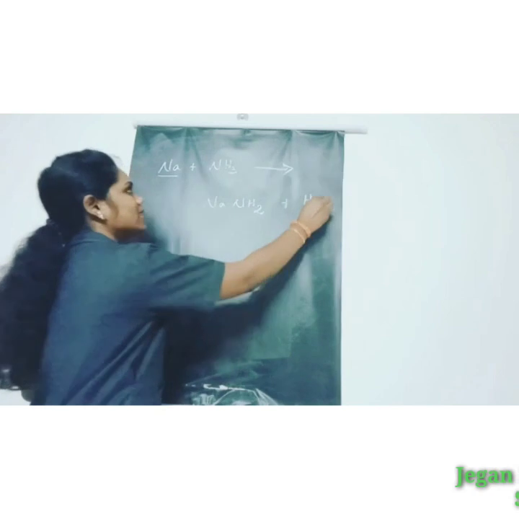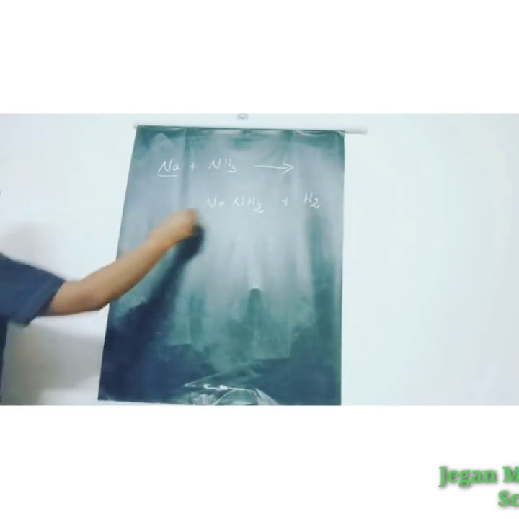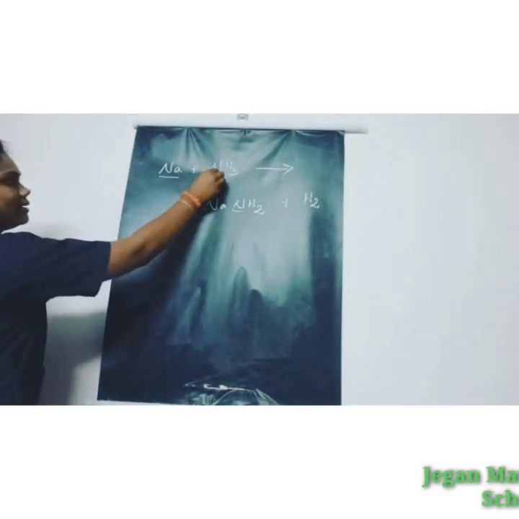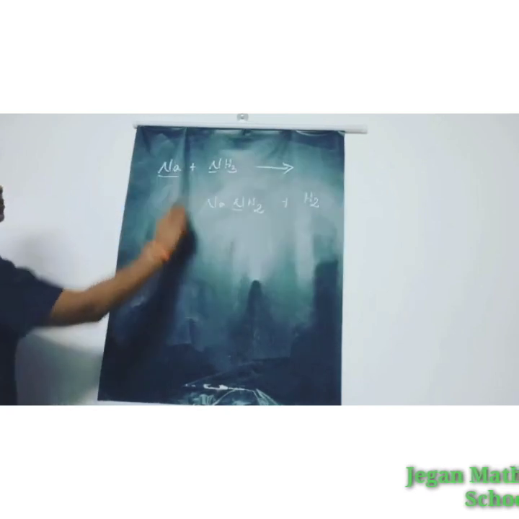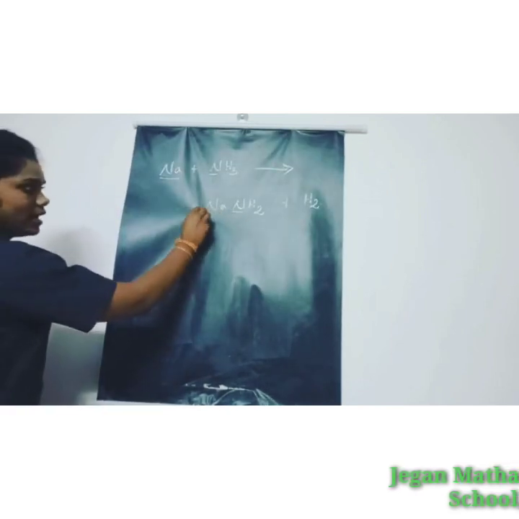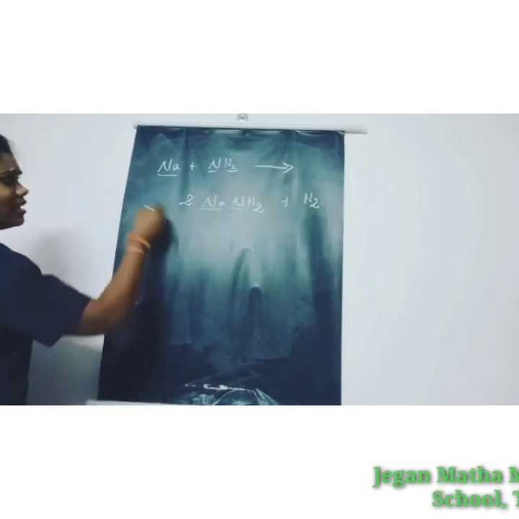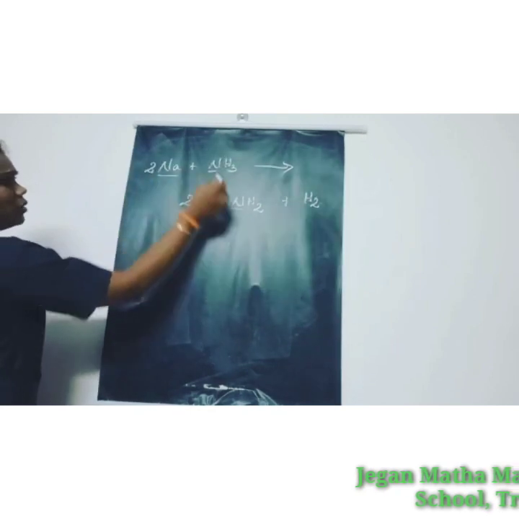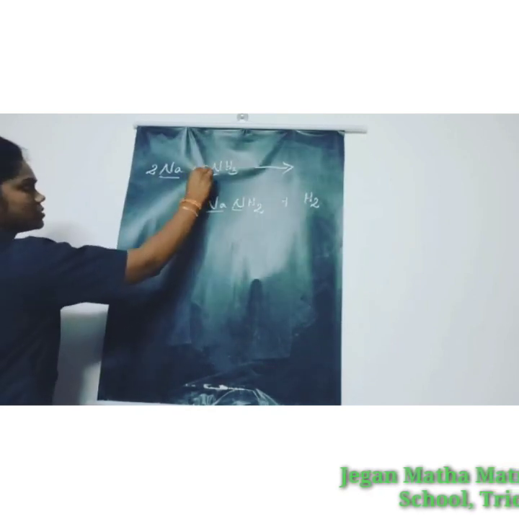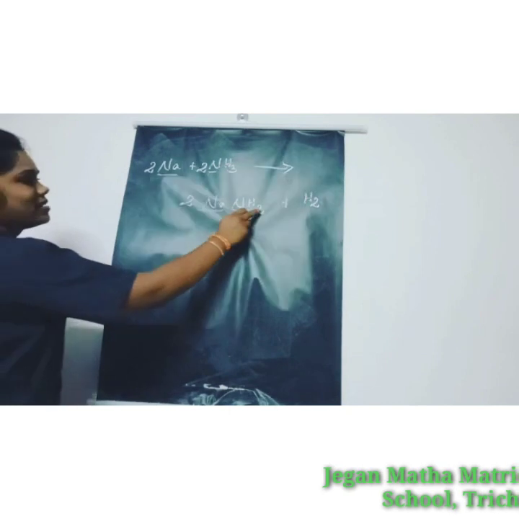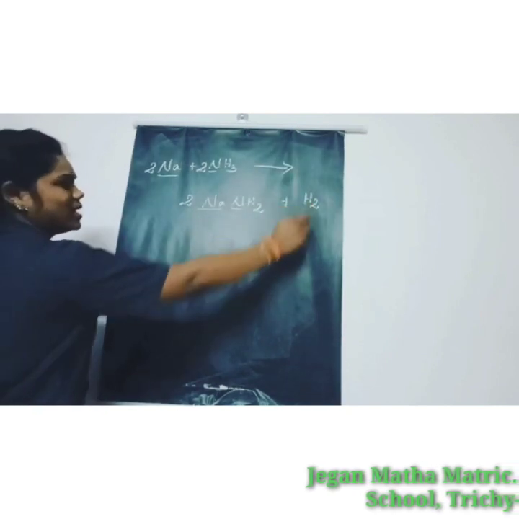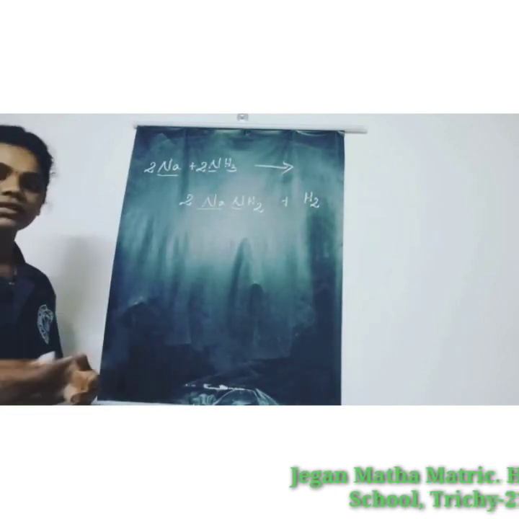So how is the equation balanced? Suppose here nitrogen is one time, and two. Na is only one time, so here Na is one time, so here you take two times. So here nitrogen is two times, so here also nitrogen two times, and hydrogen 2 2s are 4, so here plus 2, 6 times. So now the equation is balanced.